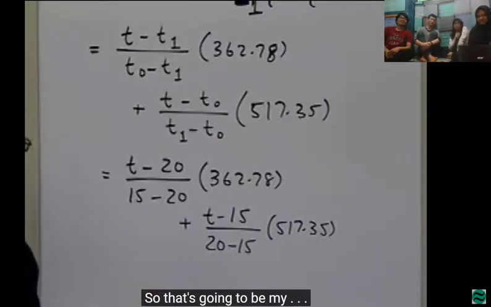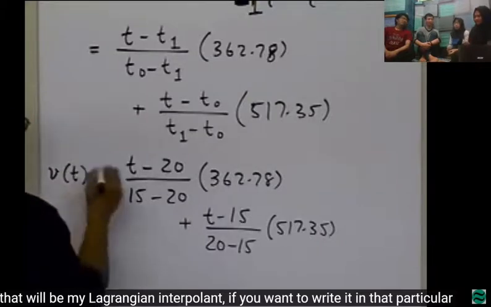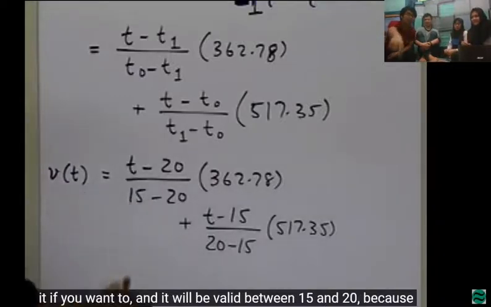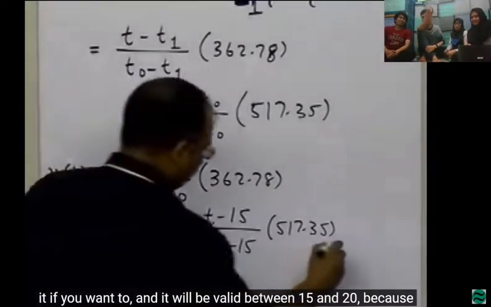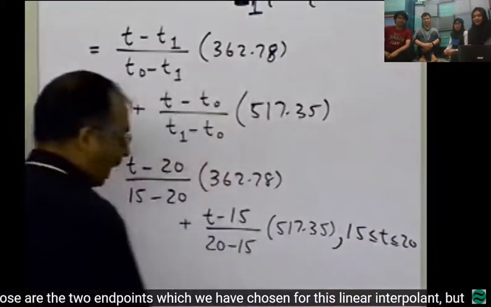So that's going to be my Lagrangian interpolant, if you want to write it in that particular form and maybe try to simplify it. And we value between 15 and 20 because those are the two endpoints which were chosen